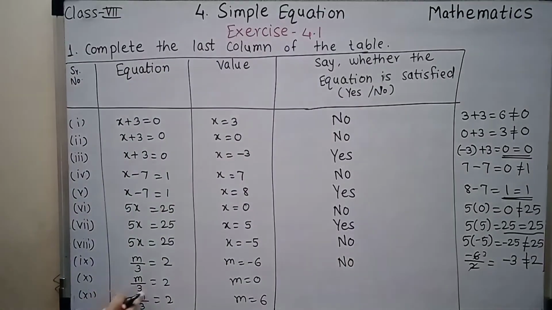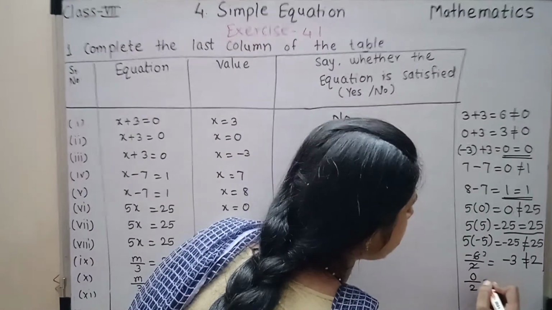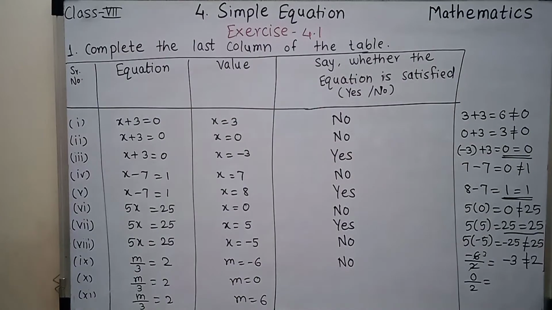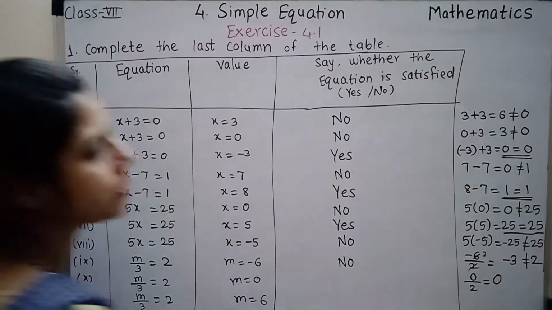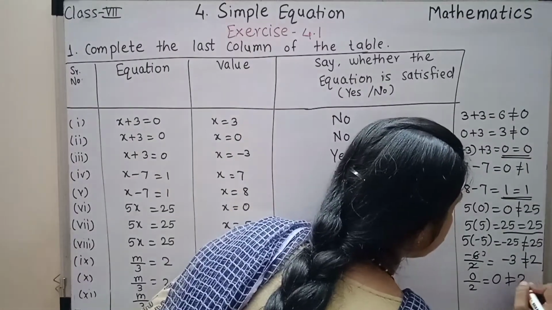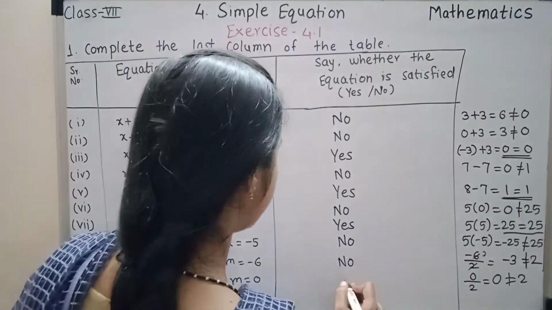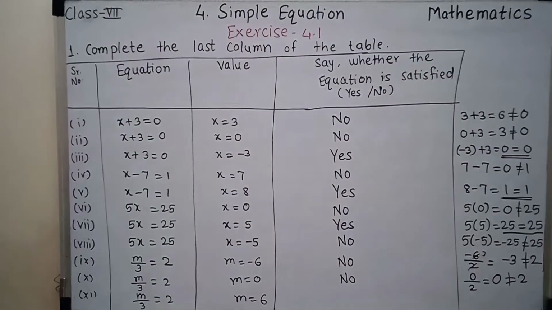नेक्स्ट इज m डिवाइड बाय 3 इक्वल टू 2 और m की वैल्यू दी है 0, तो मैंने यहाँ पे 0 डाल दी, 0 डिवाइड बाय 2 कर दूं, तो 0 को अगर कोई भी नंबर से मैं डिवाइड कर दूं, 0 डिवाइड बाय 1000 भी कर दूं, तो आपका वैल्यू आंसर क्या आएगा, हमेशा 0 आएगा। और यहाँ पे दिया है 2, सो दे आर नॉट इक्वल, लेफ्ट हैंड साइड एंड राइट हैंड साइड आर नॉट मैचिंग एट ऑल। अगर मैच नहीं कर रहे, you should write here no.